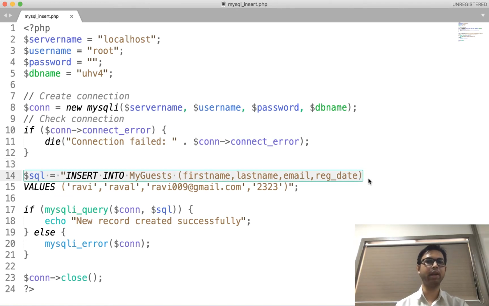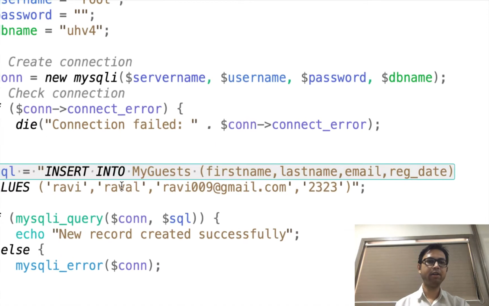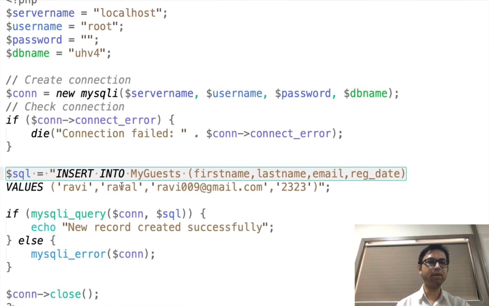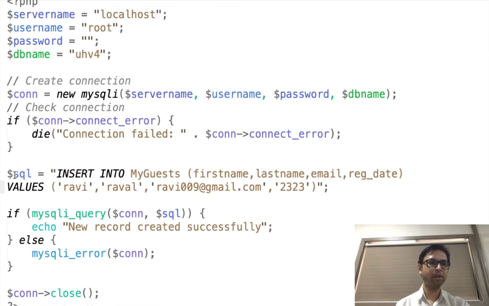If you see, in DBMS also we learned this query. So inside this $SQL variable, I am storing this query string, and that I am firing over here. Please make a note that over here we are not firing the query string, we are just making the query string. Actually, the query fire occurs over here inside this if statement.